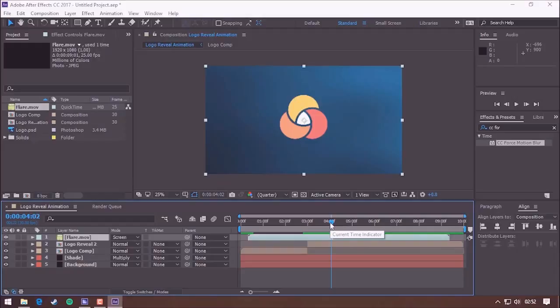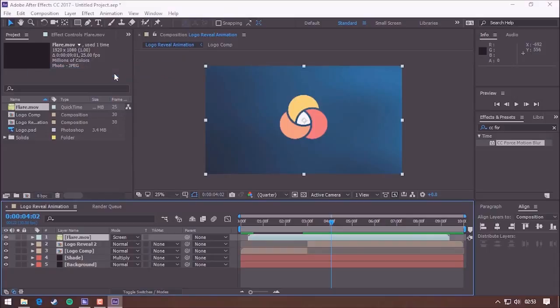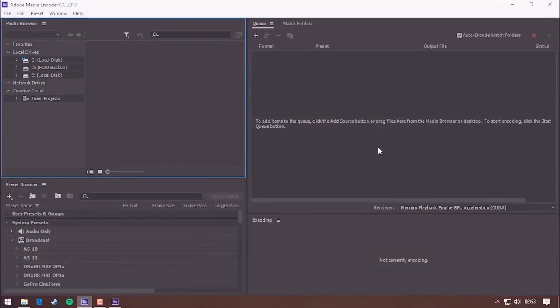And now we're done with editing, and now we'll continue to the render with Adobe Media Encoder. Choose the composition and click add to Adobe Media Encoder queue. Click it and then change window to Adobe Media Encoder. Wait till the queue